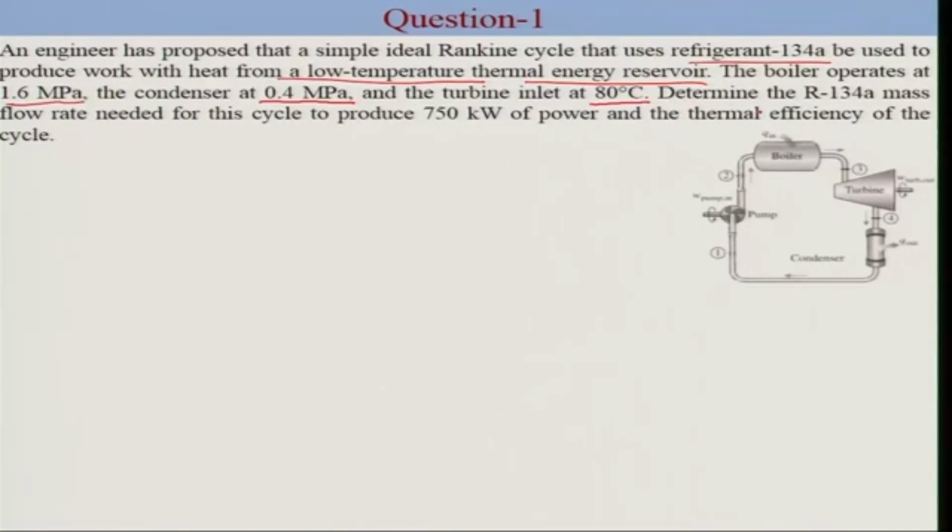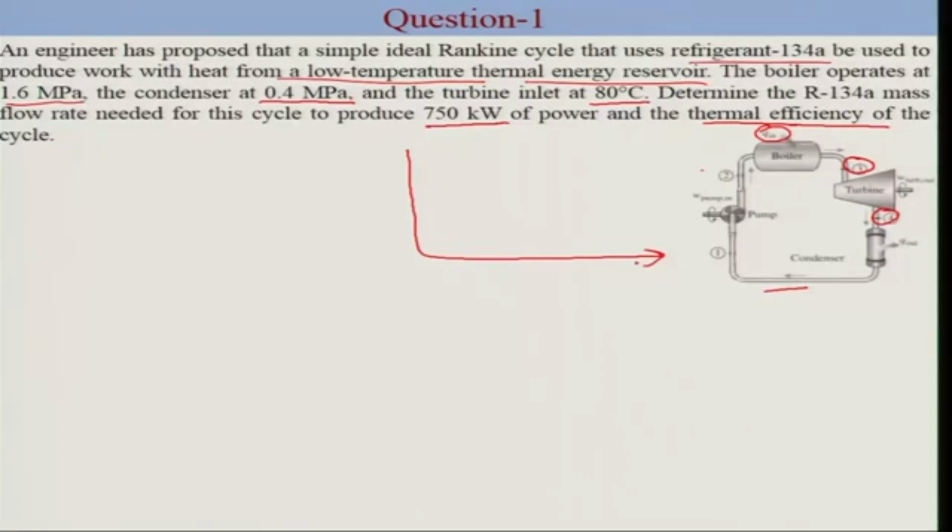Determine the refrigerant mass flow rate needed for this cycle to produce 750 kilowatt of power and the thermal efficiency of the cycle. So this is the sketch of the Rankine cycle. So this pump compresses this liquid from the state 1 to state 2, then heat is being added at a constant pressure in the reboiler and it heated the refrigerant from compressed to superheated state in the state 3. Then in the turbine this refrigerant gets expanded isentropically to the state 4. So if you see the whole process